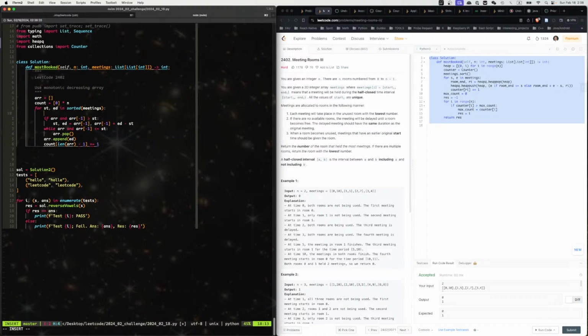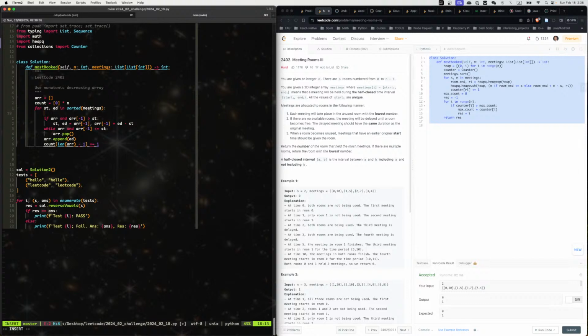So no matter what, you should do it, right? It doesn't really matter how many rooms are empty. You should always wait, because if you wait, you'll get a room with a smaller number. And you don't do this, right? If you don't